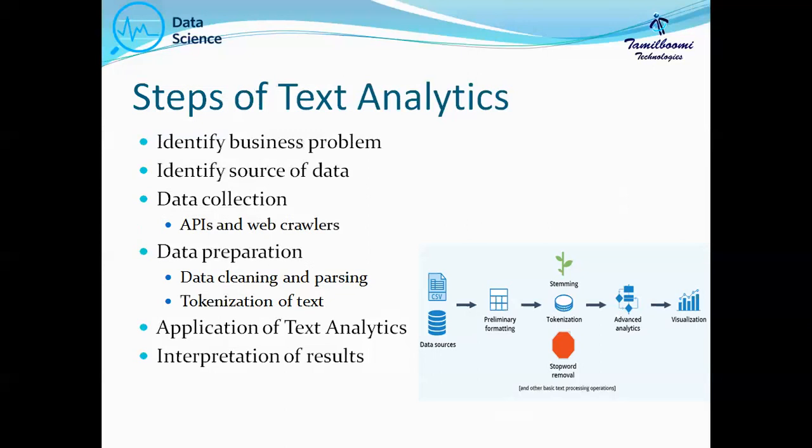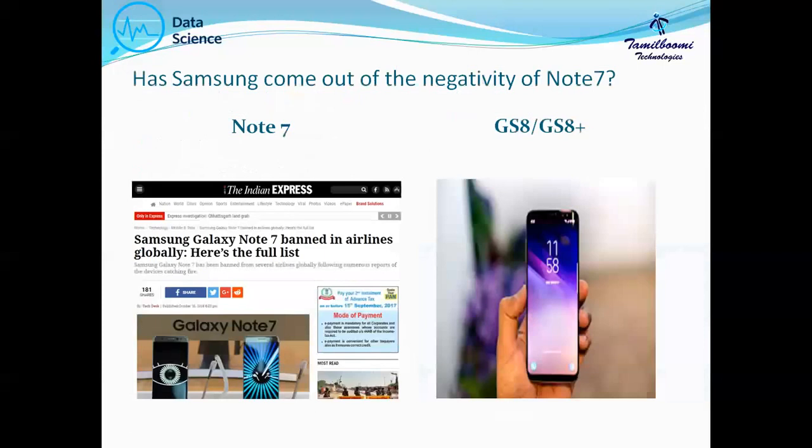After we have tokenized the text, we apply analytics. Now, text analytics can come in various forms. You can do sentiment analysis, a positive-negative analysis, or you can simply create a word cloud out of term frequency and TF-IDF, right? After you apply your analysis techniques to the data, then comes your interpretation of the results. Now you have got your end product, and you need to interpret it, right? A few of these steps might not be as clear to you right now. So let's move on to the next slide, wherein I'll walk you through the steps of text analytics